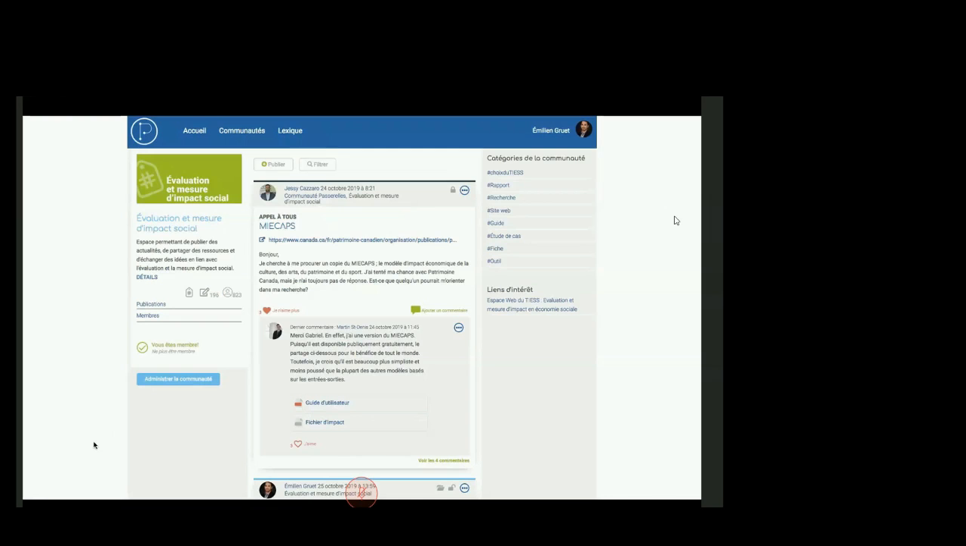You can comment, you can like, etc. As I said, it's kind of similar to Facebook. On the community on evaluation and impact measurement, there's over 800 members right now with 196 posts. And finally,